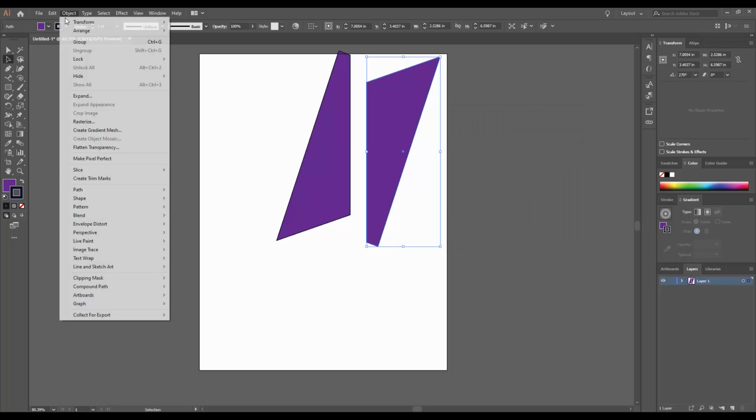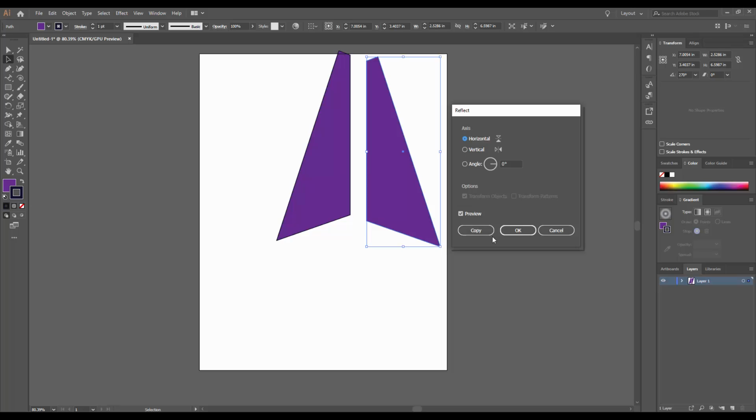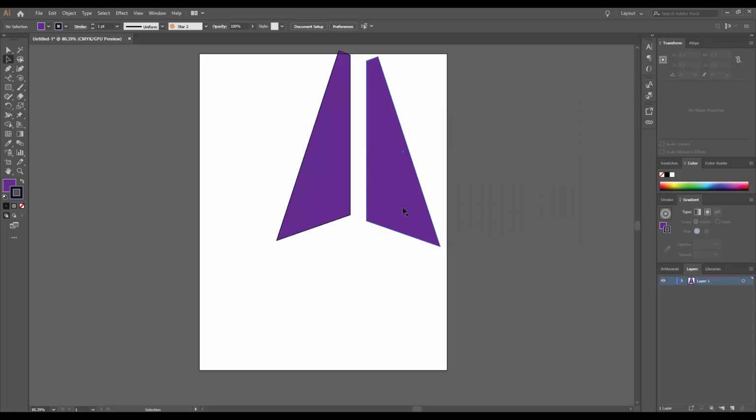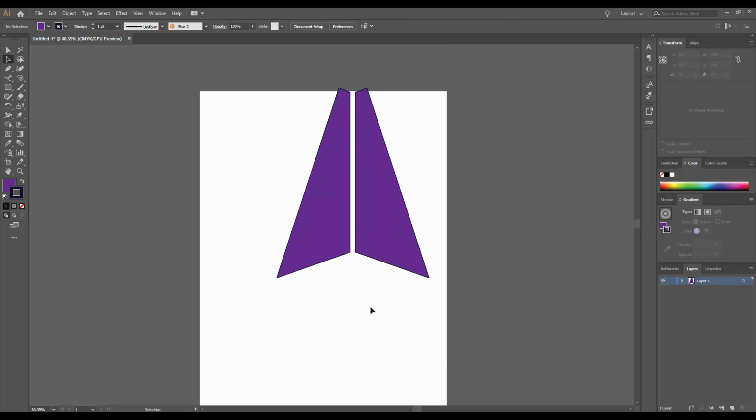Sometimes you have to sit there and do it a couple times because it just doesn't do what you want it to do. There we go. Click OK, and now I have basically mirroring sides of this shape, and I can do some fun stuff with that. If I feel the need to